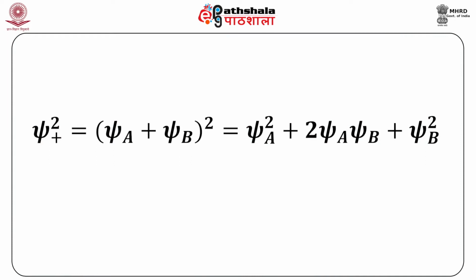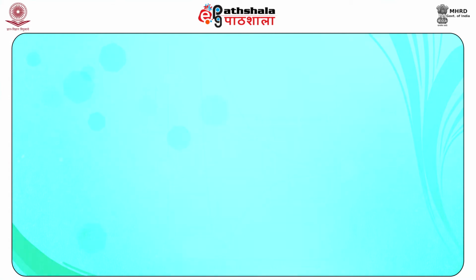The first is a bonding orbital, since when we square the wave function, what we obtain is psi plus, which we have written here because it is a plus linear combination, and the square of this wave function is (psi a plus psi b) squared, which gives you psi a squared plus 2 psi a psi b plus psi b squared. And you see that the sign is positive before the psi a psi b term, which means that there is an accumulation of electron density in the region between the two nuclei, as the middle overlap term has a positive sign. This is called a bonding orbital, while the lower molecular orbital, the minus combination, is an anti-bonding orbital, and we have shown these in the figure.